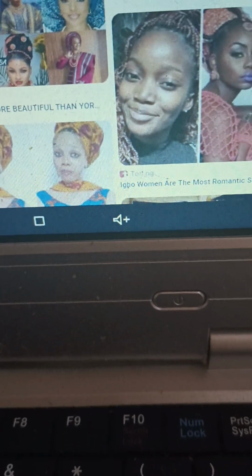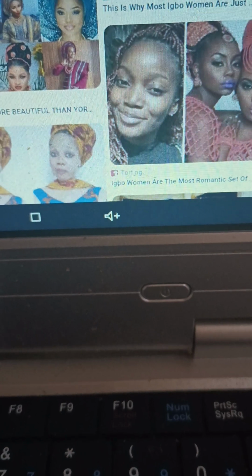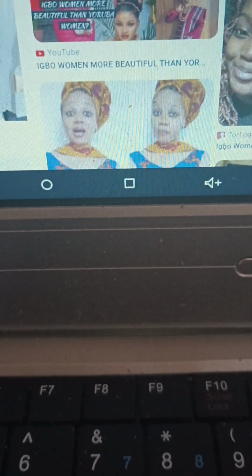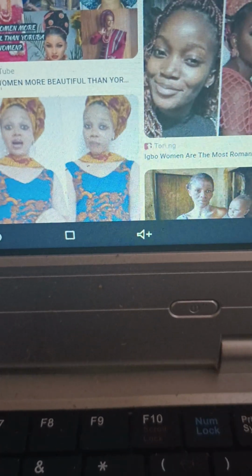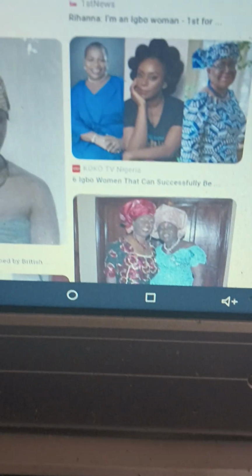But generally, what you'll see is that people who are from West Africa and Central Africa will have broader noses, more like, let's see,